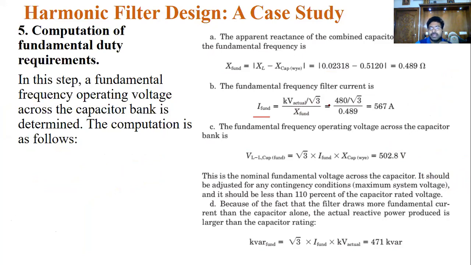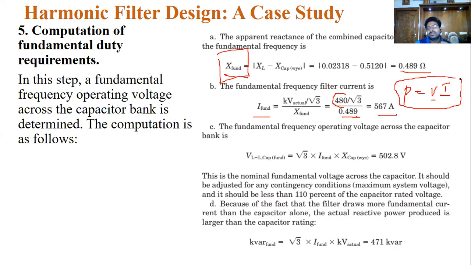Okay, what is that power rating? What is that voltage rating they can give, 480 volts? As it is a three-phase system, what is the X value? You want the fundamental frequency according to the capacitor, 0.89 value. So you will get this. P is equal to VI simply. Okay, simply in this case. So instead of voltages, you can change this formula according to that situation. So now see this.